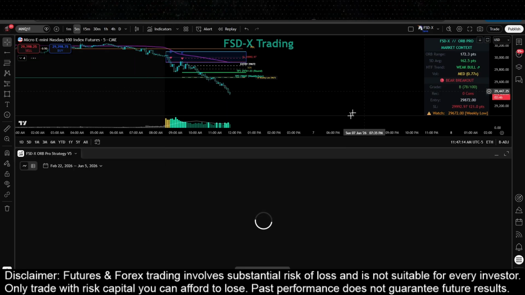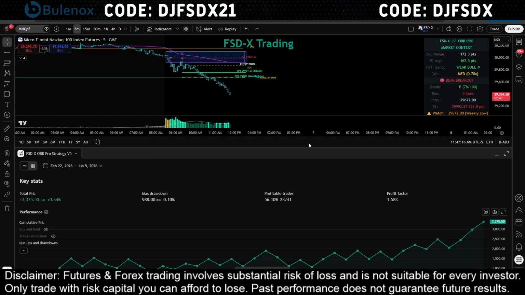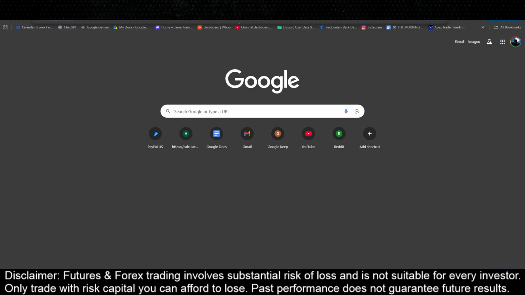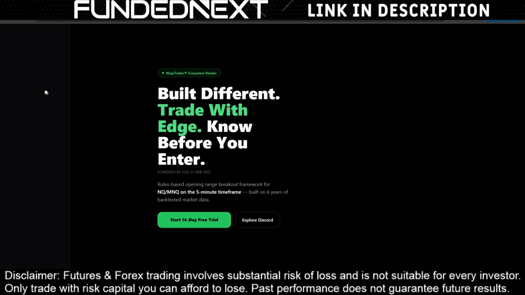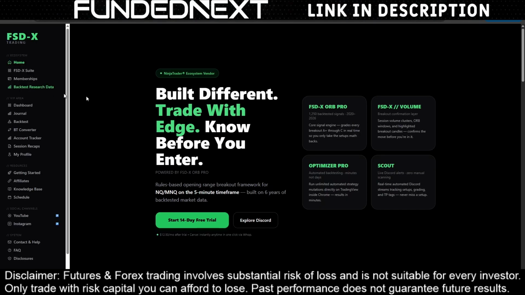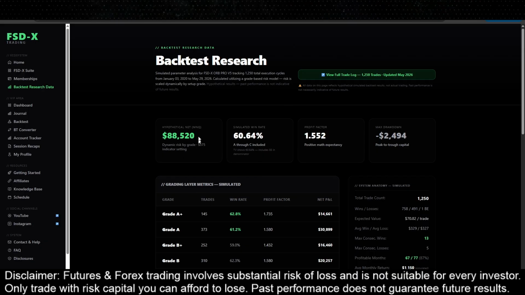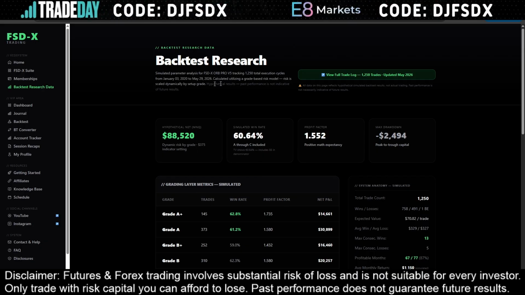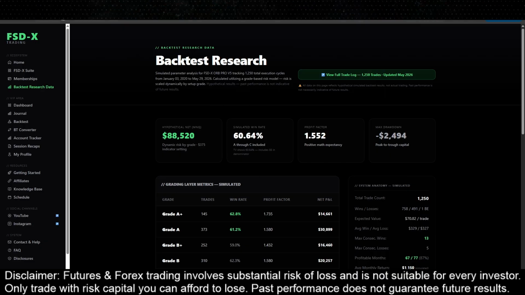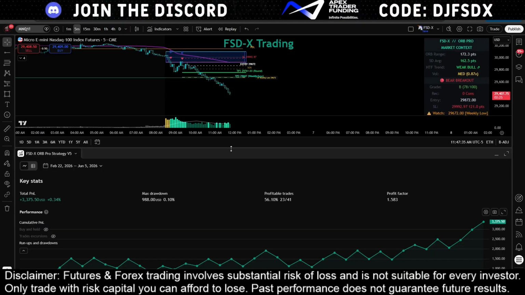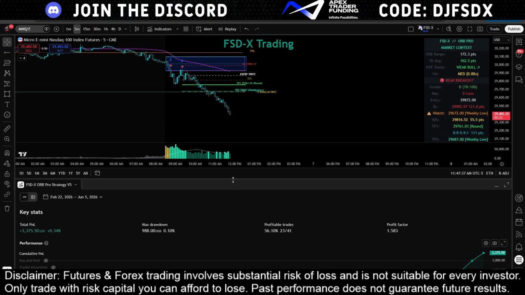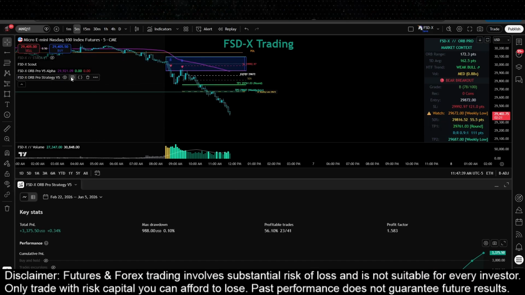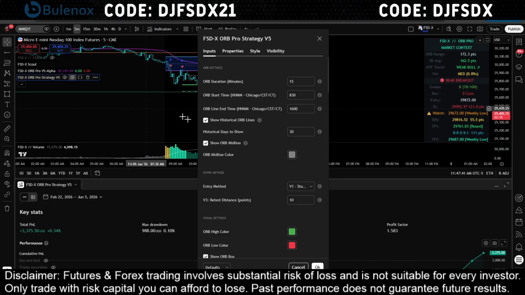Okay, so we added to the chart. The default settings are set up for this data. This backtest data right here is going to be slightly different now, obviously, because the 29th was the last trade for this backtest. But those are those settings. So first things first,